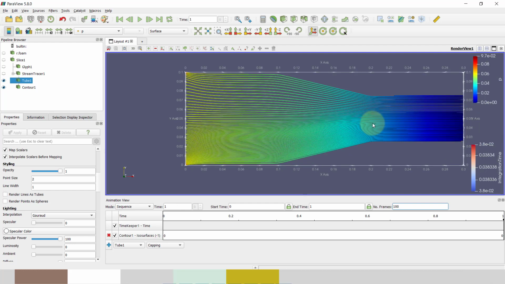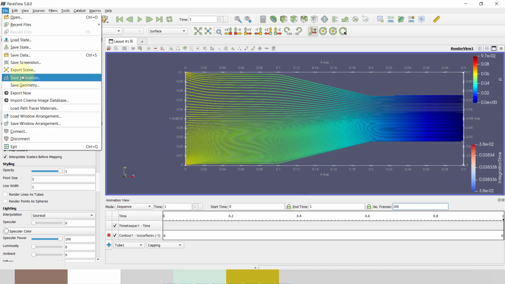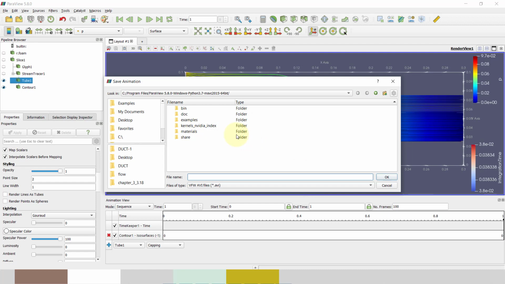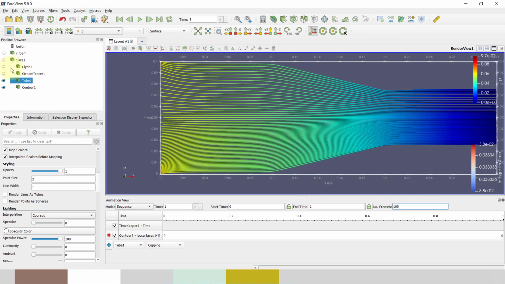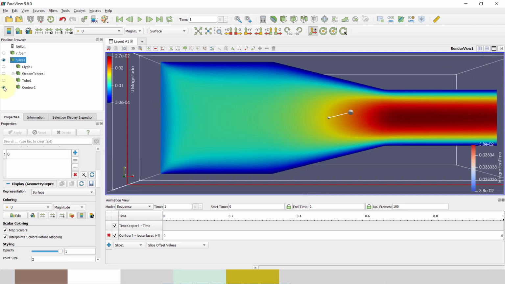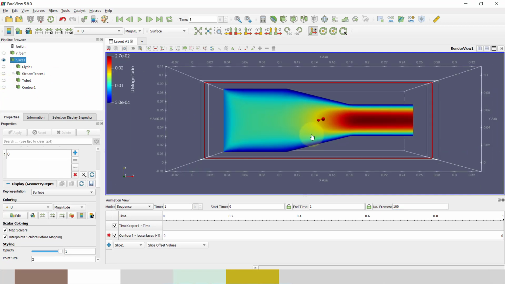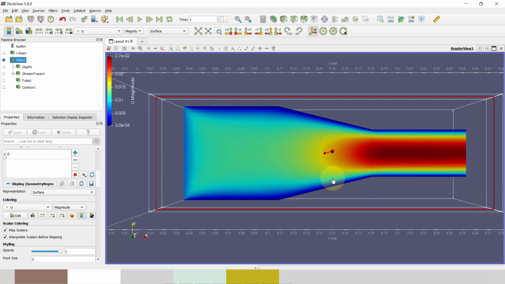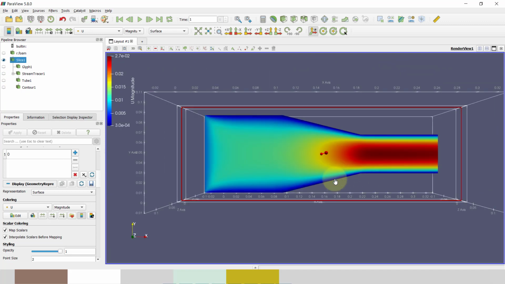Actually this animation is not available in steady state, but this is a tips and tricks available in ParaView. So in this way you can export the scene, or export the animation, save animation. You have to just click save animation and just save what you need. So in this way you can validate your result, and as an engineer you have to always validate your result with hand calculation or experimental data. Thank you guys.